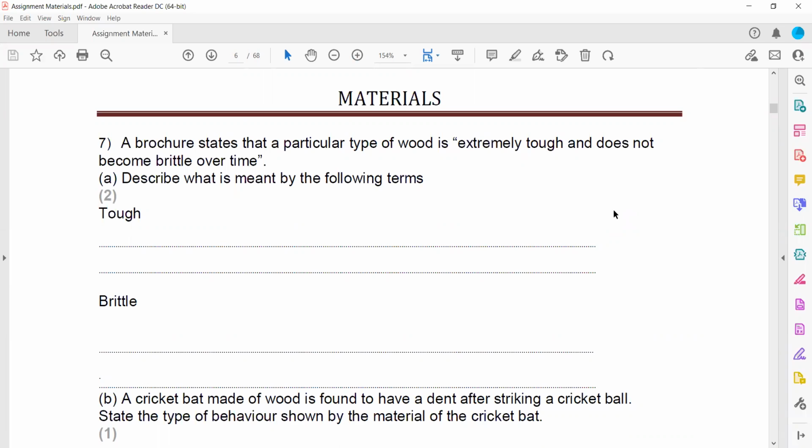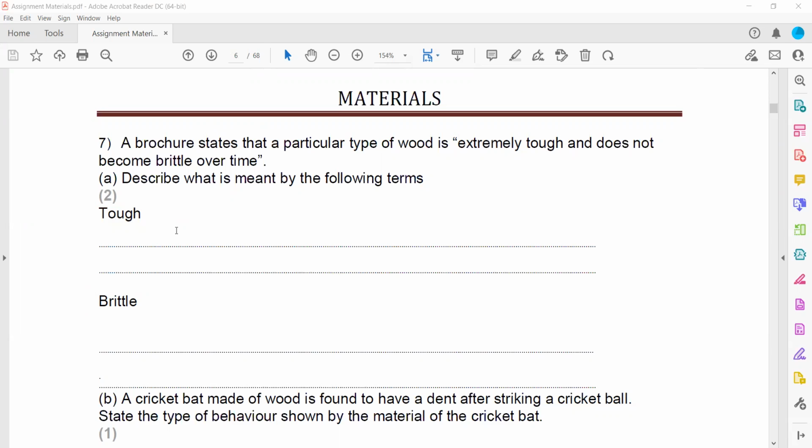In question 7, a brochure states that a particular type of wood is extremely tough and does not become brittle over time. So what is meant by the term tough and brittle? So we have to define what is the definition of tough and what is the definition of brittle. What is the meaning of a tough object? Like it can absorb a greater amount of energy without breaking or cracking, or able to absorb a lot of energy in the plastic region,